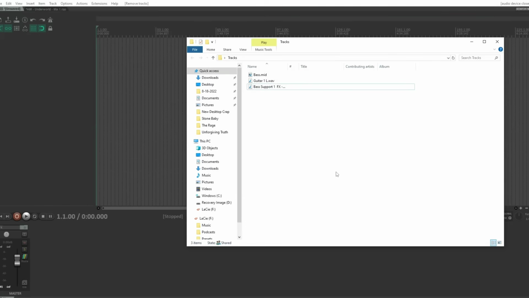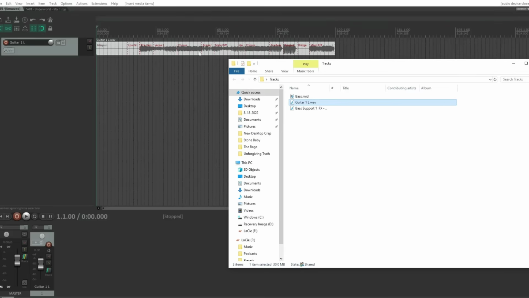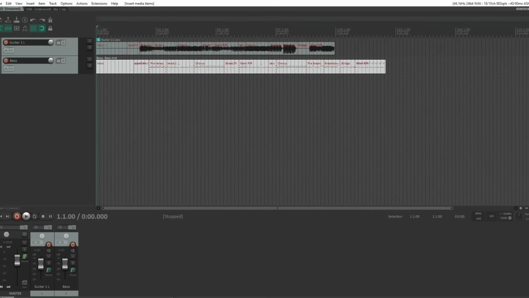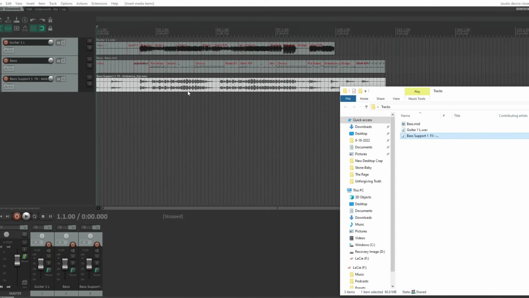In a lot of DAWs, before you even start recording, you're making decisions. Do I need an audio track, a MIDI track, a stereo track, a mono track, an instrument track? In Reaper, a track is just a track. If I drag a guitar DI onto the track, it's an audio track. If I drop a MIDI file, it's a MIDI track. If I drop a stereo audio file, it's a stereo audio file. It doesn't matter. Reaper figures it out. That might not sound like a huge deal until you're halfway through a mix, because